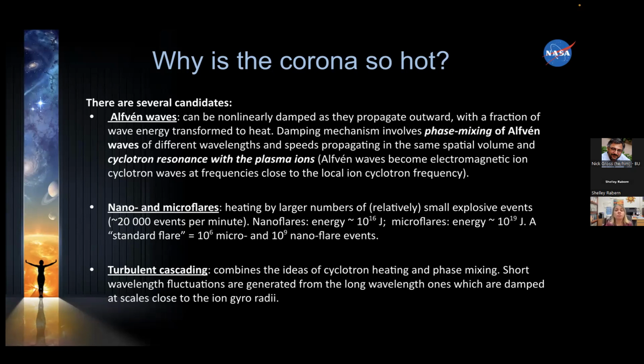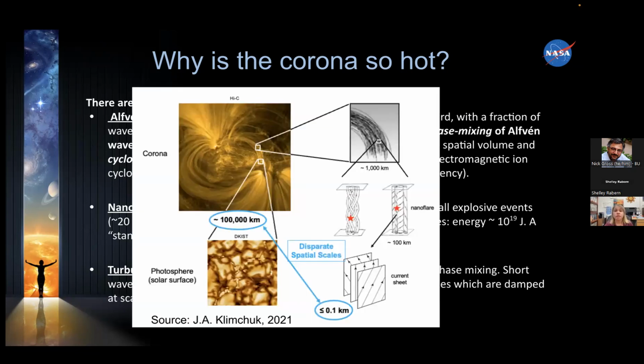There are many different mechanisms. You can have wave heating, you can have impulsive heating through small scale explosive events. And you can also have a kind of hybrid where you have turbulence, the conversion of large scale to small scale, and the heating from these fluctuations can heat the corona. One example is nanoflares,